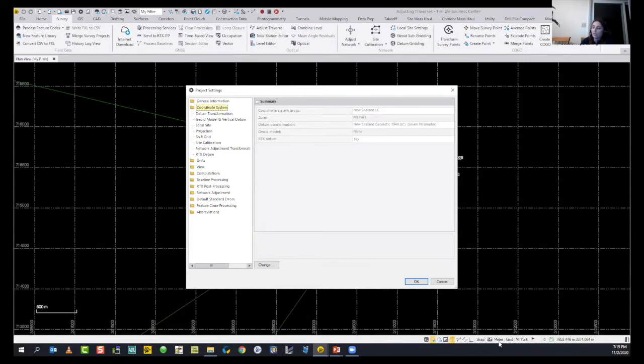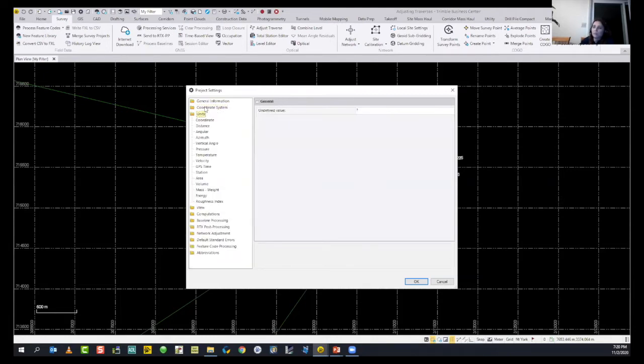You can also check your unit and coordinate system from the status bar at the bottom right of the screen. Right now we are on grid and the metric system, with a zone somewhere in New Zealand. You can also manage the units for coordinates, distances, vertical angles, area, volume, azimuth and angular values. You can change your units from there.